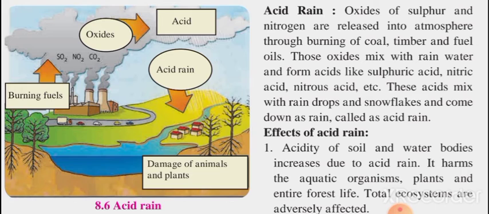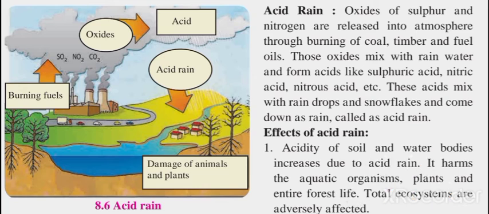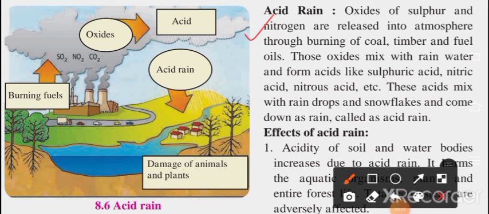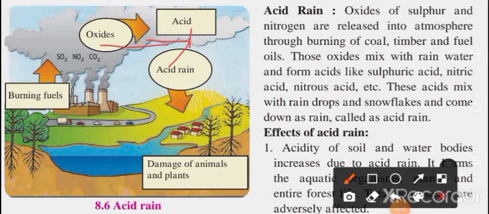Due to this acid rain, there is damage to animals and plants. Obviously it will affect the animals as well as plants, because they can't protect themselves. So here is the description for the same. Oxides of sulfur and nitrogen are released into the atmosphere through burning of coal, timber, fuel, oils. These oxides get mixed with the rainwater